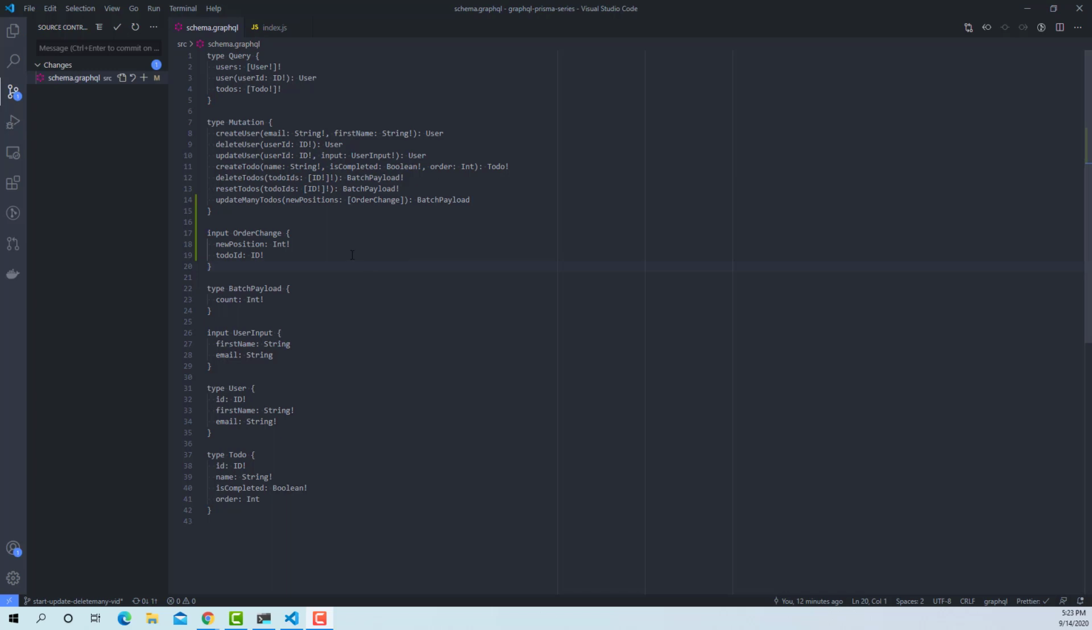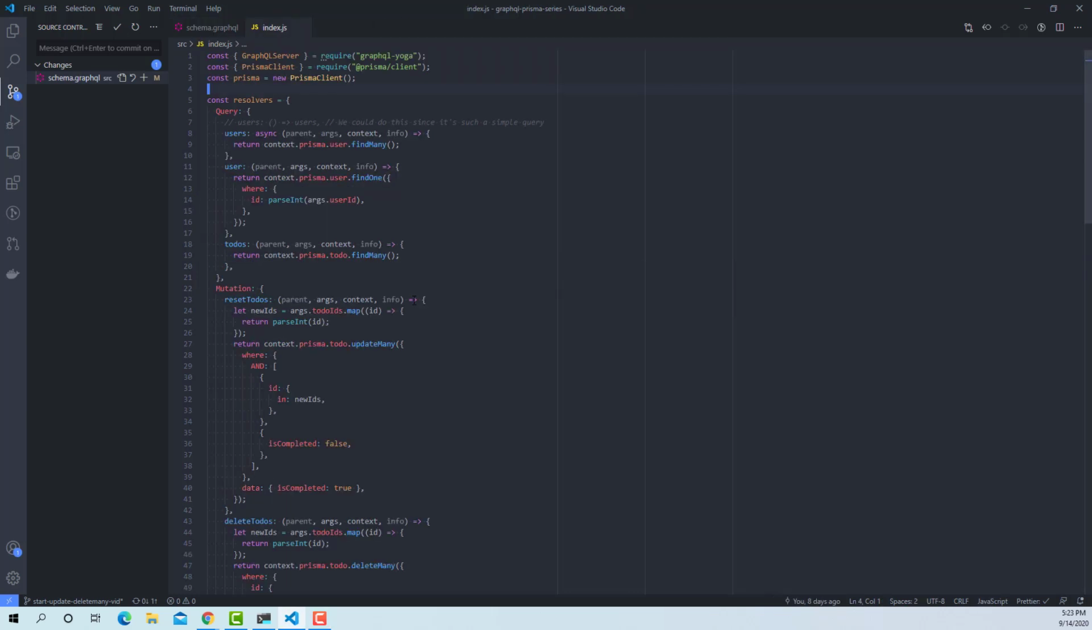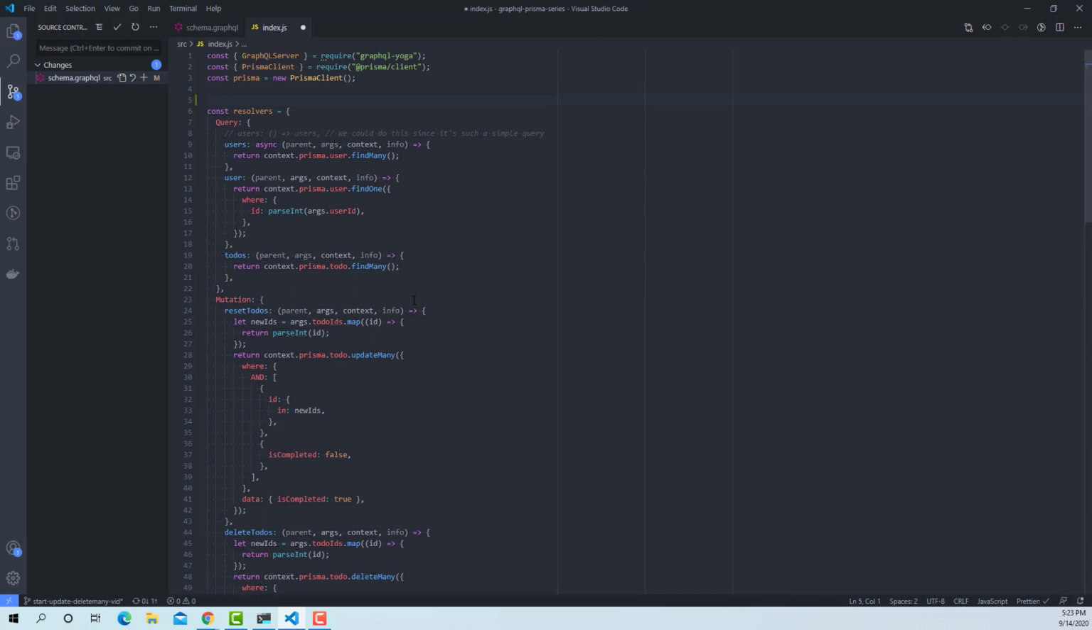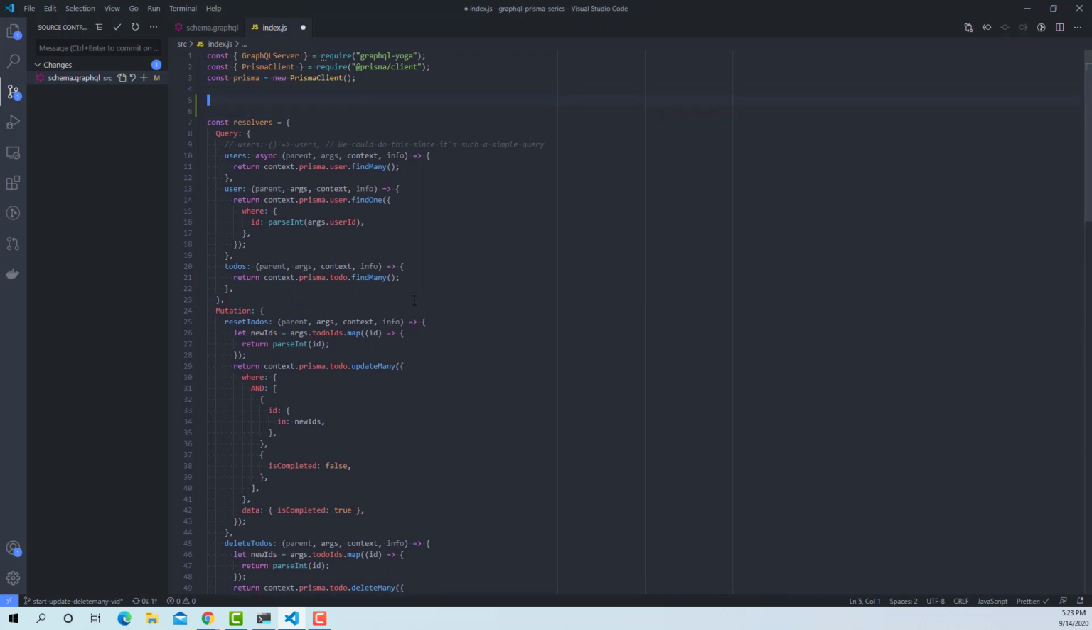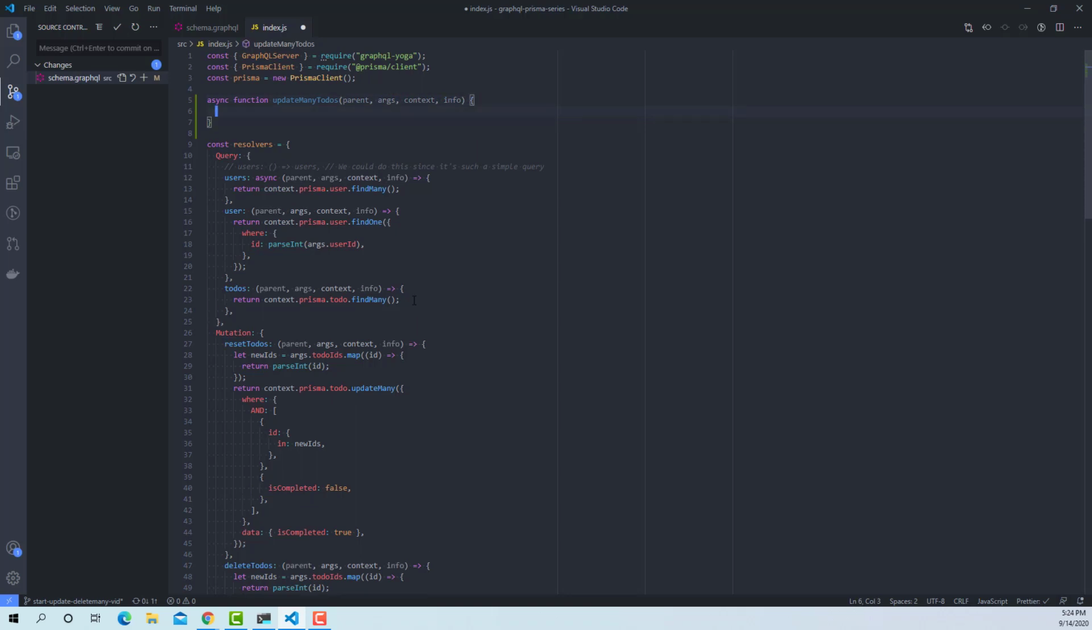And so let's go ahead and now set up our updateMany to-dos resolver. We're going to need to use an async function for this one. I wanted to do it later, and I think I will cover it more in depth later, so we'll just go ahead and bear with it for now. So async function updateMany to-dos, and we're going to do parent, args, context, info, and then inside of this function,